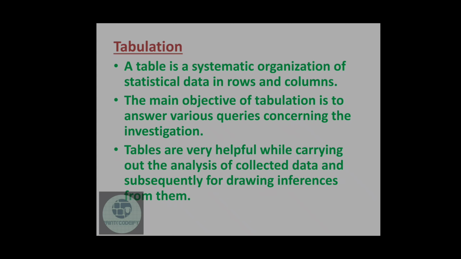Tables are very helpful while carrying out the analysis of collected data and subsequently for drawing inferences from them. It is considered as the final stage in the compilation of data and forms the basis for its further statistical